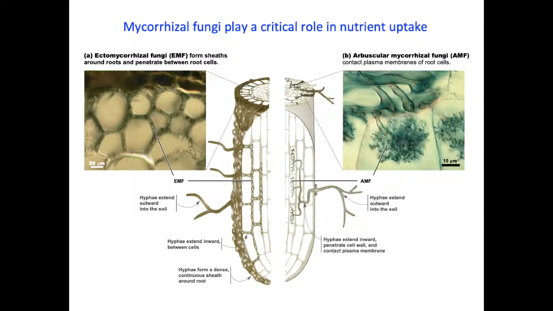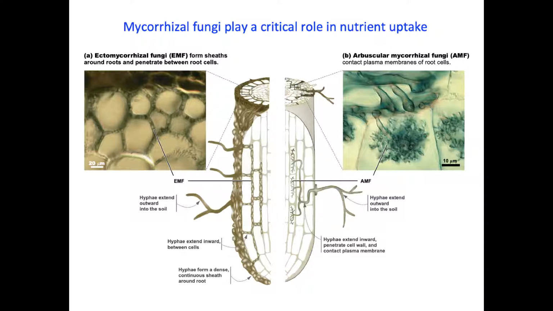They are of two types, the ectomycorrhizal fungi, shown on the left side, and the arbuscular mycorrhizal fungi, shown on the right side. They both serve the same ecological and adaptation function of taking up nutrients, primarily nitrogen and phosphorus, and water, for the plant at distances far from the root. They differ in their morphological interactions.